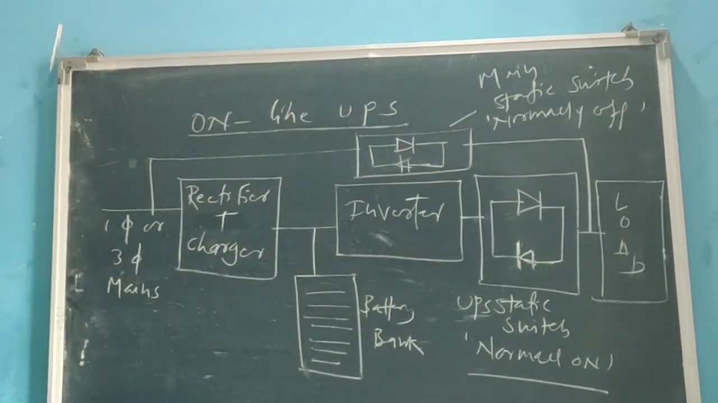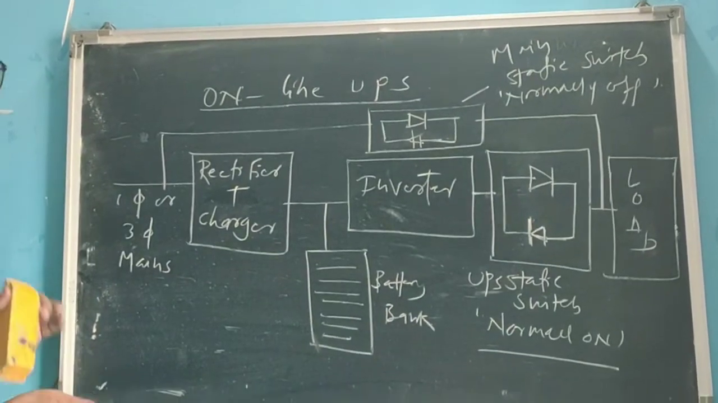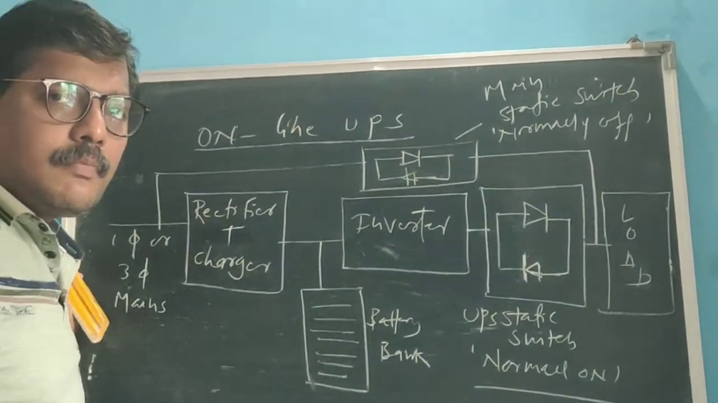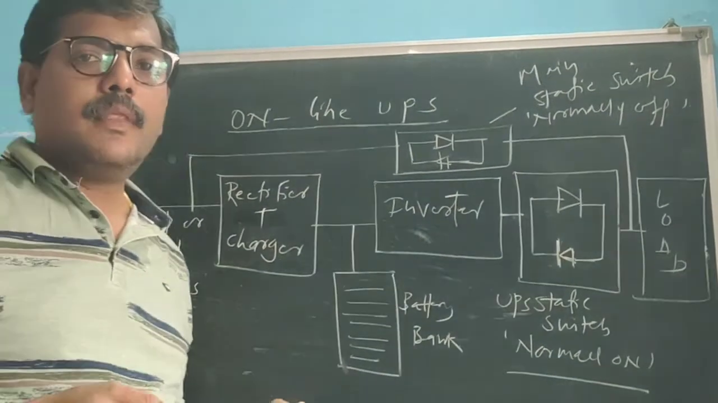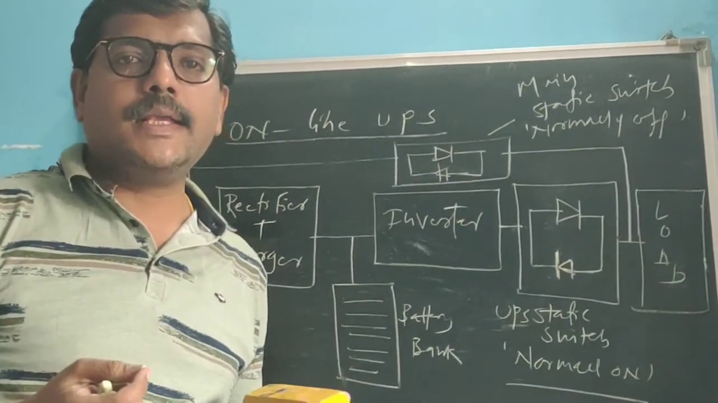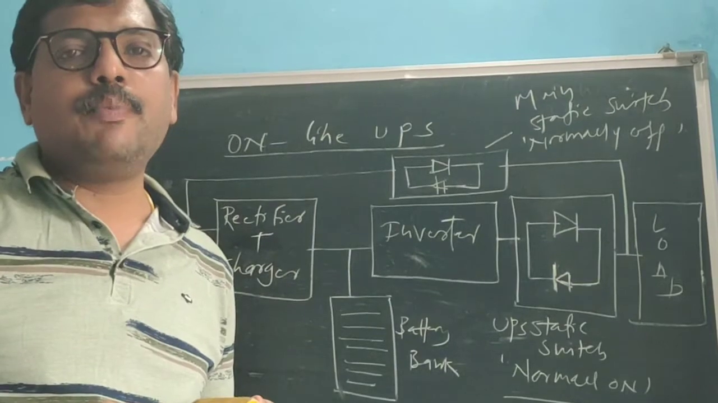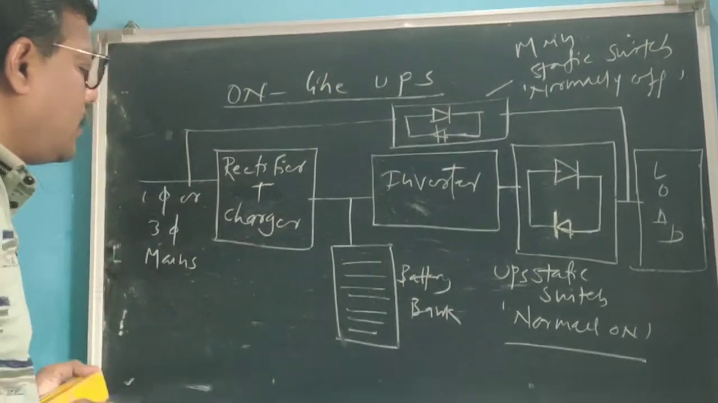So in the operation of the online UPS, we have three different modes. First mode, when the AC supply is present. Second mode, when the AC supply is not present. And third, when the UPS has failed. So in mode 1,